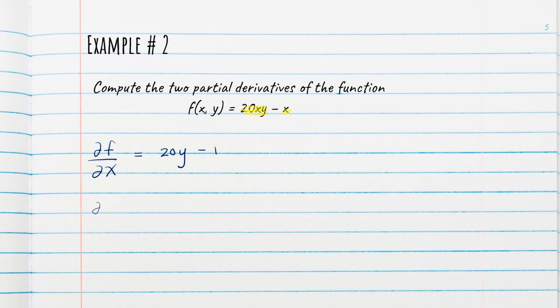Now let's find the partial derivative of f with respect to y. I'm going to erase my highlighting here and highlight again. Here we're now going to, instead of focusing on x, identify terms that have y in them, and y only appears in our second term.